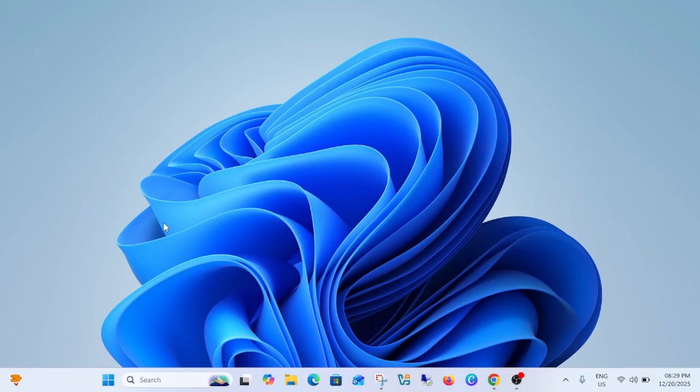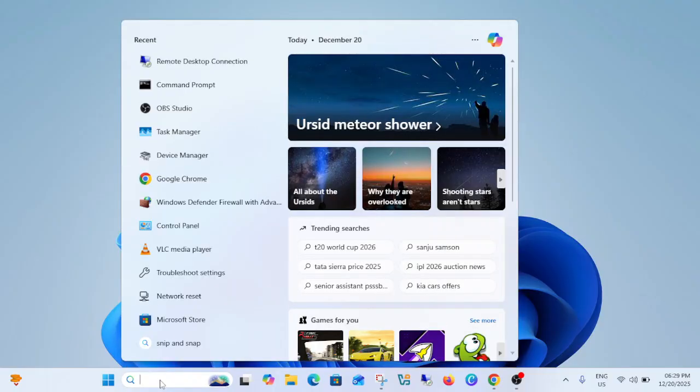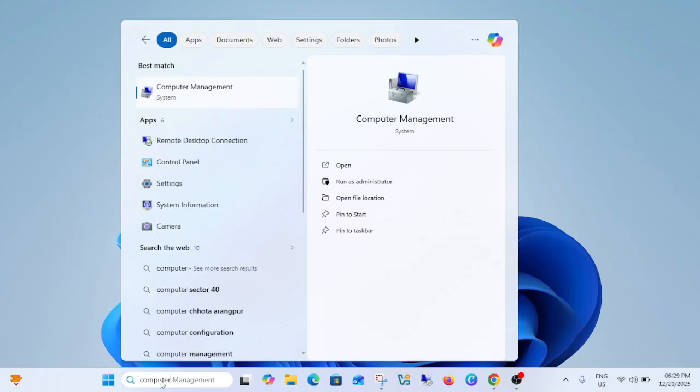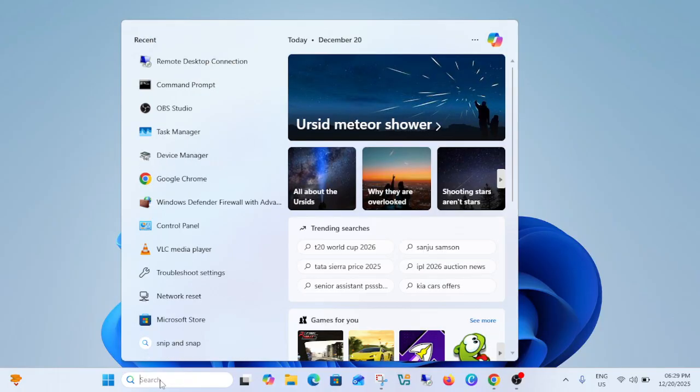In this video guys, I'm going to guide you how to fix the audio enhancements tab is missing on your Windows 11 computer or laptop. So basically when you open the control panel from here